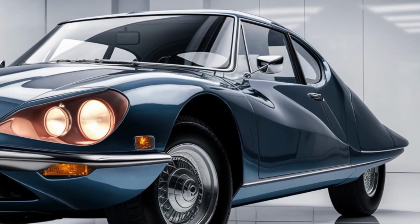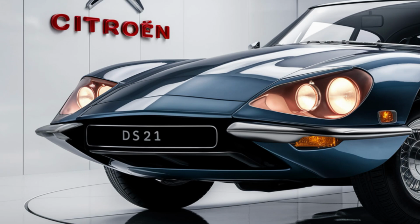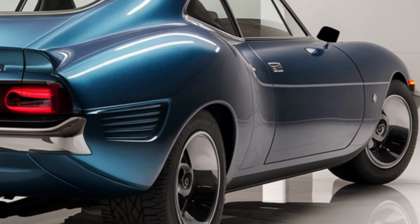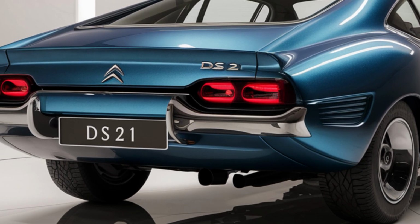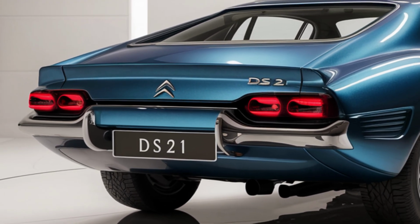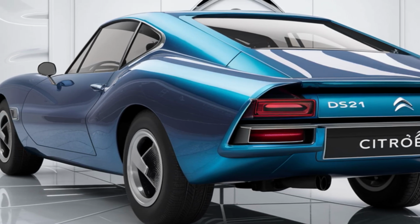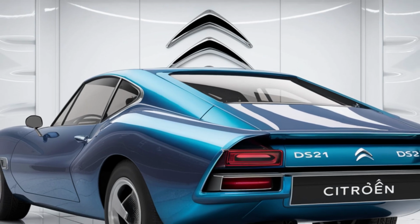and safe driving experience. In terms of ride quality, the DS21 Coupe is designed to deliver a smooth and refined drive, thanks to Citroën's signature hydraulic pneumatic suspension system. This setup provides an exceptional balance between comfort and handling, making long drives feel effortless. Whether cruising on the highway or navigating city streets, the DS21 Coupe offers a driving experience that's both serene and dynamic. If you're looking for a vehicle that blends classic design with modern innovation, the 2025 Citroën DS21 Coupe is